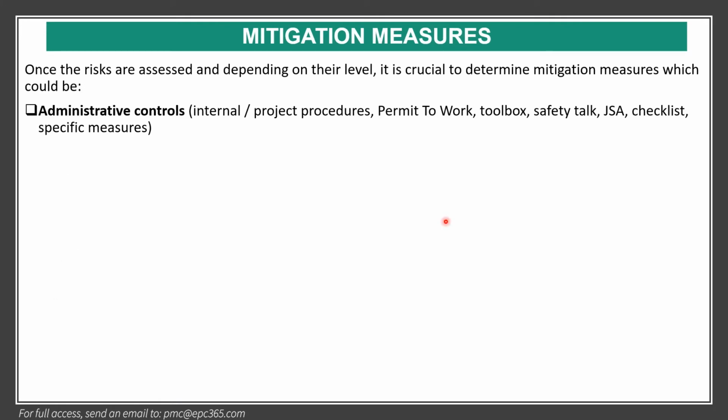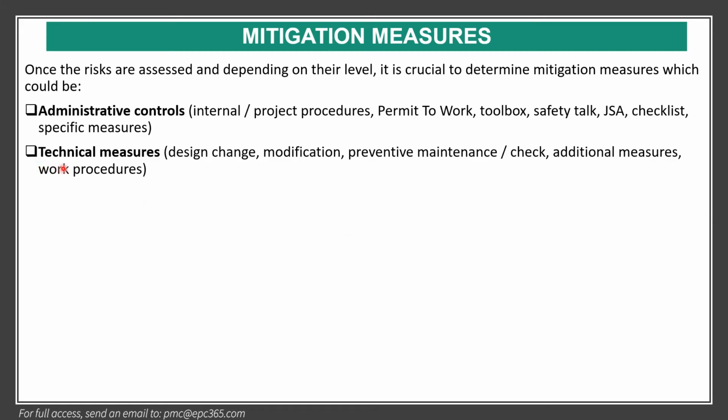Once the risks are assessed and depending on their level, it is crucial to determine mitigation measures, which could be administration control, internal project procedures, permit to work, toolbox. At the end of this e-course, I give you an example of a toolbox safety talk, checklist, specific measures, technical measures, design change, and I will show you later how we did the design change for a cluster modification, preventive maintenance, check, additional measures, work procedures, and personal measures, for example, accreditation, training, PPE,